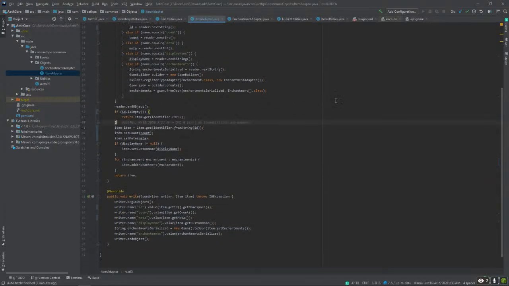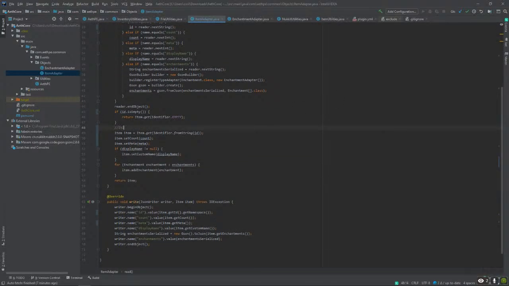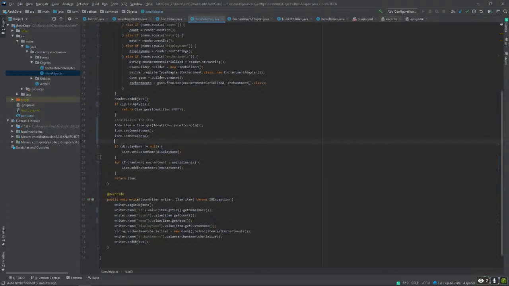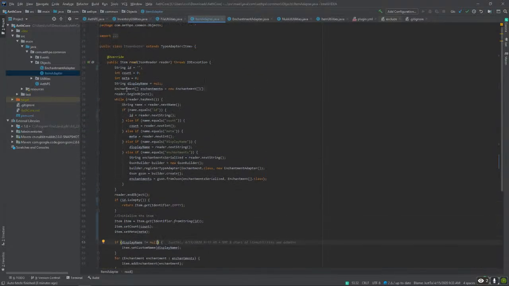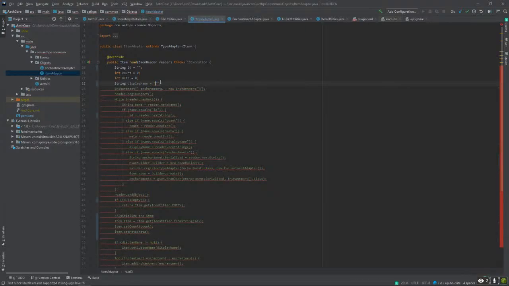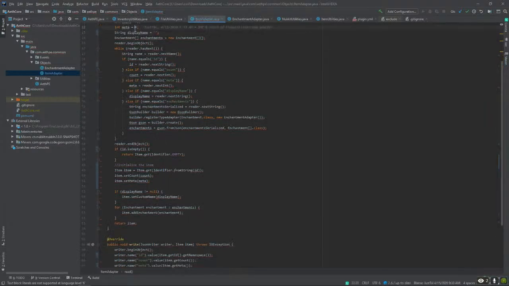Alright, so let me comment this out. Okay. Well, right off the bat, we shouldn't be setting these objects to null. We should instead just set them to empty, and then check if it is empty.